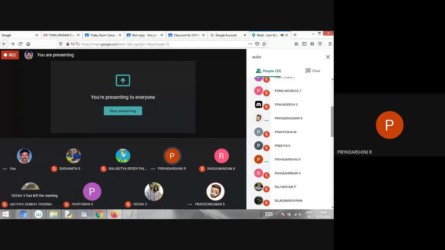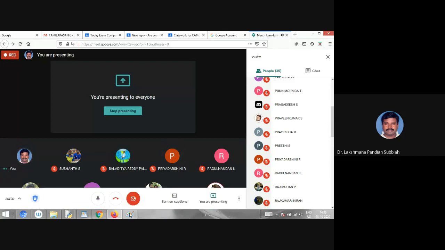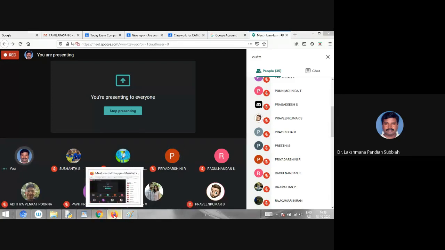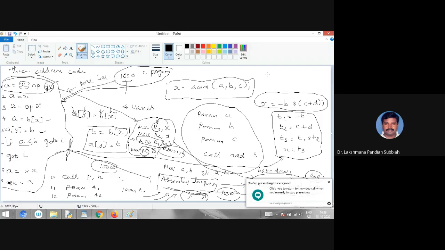Okay. Now we'll continue. Here we are going to see how we get the intermediate code. After parsing we now get the sequence of operations, then how we are going to get three address code, we are going to see now, right? So till now if you have a clear idea, then we'll go for the next steps.